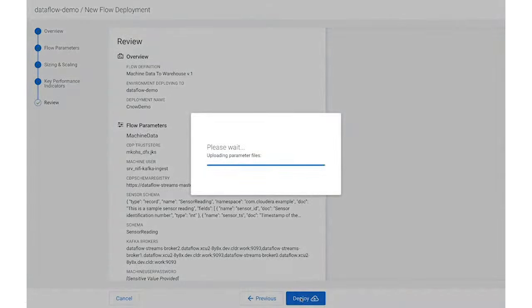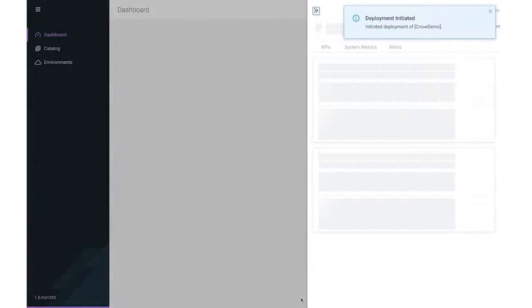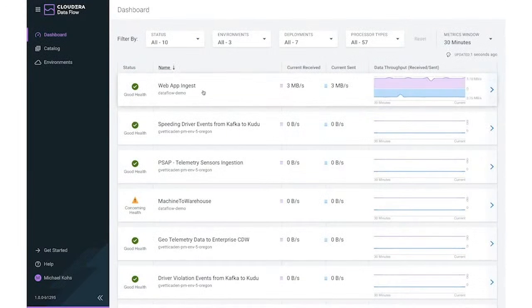So what now happens in the background is the DataFlow service starts provisioning a new NiFi cluster on Kubernetes, downloads this flow definition, fills in all the parameter values, and then starts the data flow. So while this flow is deploying, let's have a look at our central dashboard that we see here. So this is that central view. We can see all the deployed flows across environments, across public clouds. We can easily see how much data they're reading and how much they're writing to external systems and how that